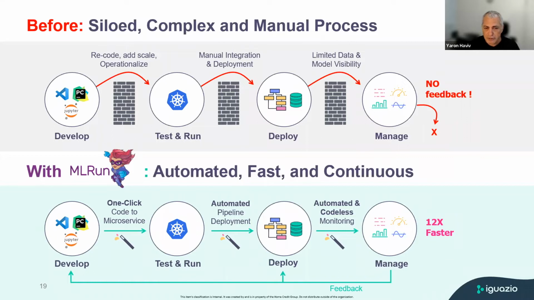So if you look at the traditional flow, where you're building some code in your IDE, and then someone else takes that code and builds all the testing infrastructure and YAMLs and Docker containers and so on, and then someone else takes those components and builds workflows and pipelines, multi-stage workflows and pipelines for either the training or the application stage. Later on, you need to start adding instrumentation. This is a very manual, very siloed process with a lot of re-engineering and a lot of delays.